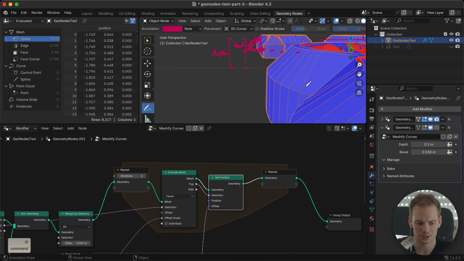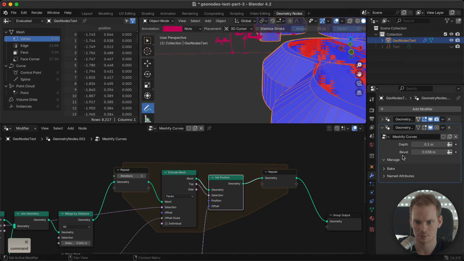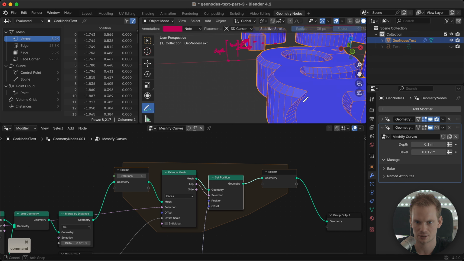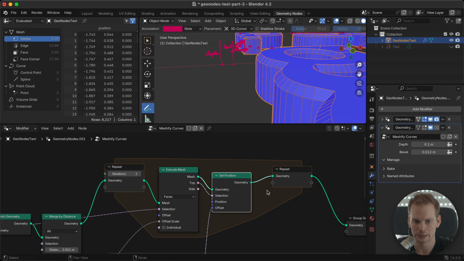And now you can already see that our bevel is back and it's just working as before, and we can change the size and everything still works as before.